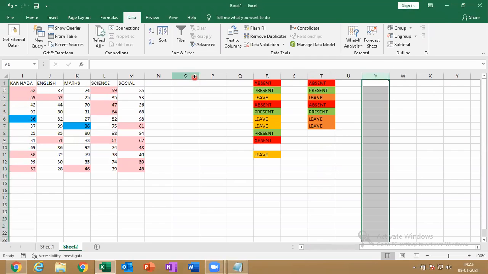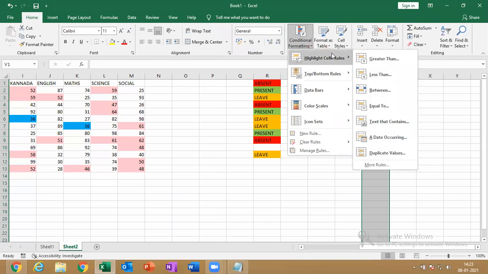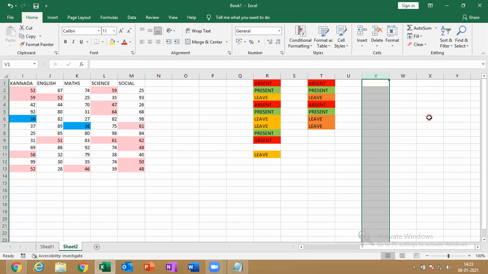Select the entire column. So let me see next. What is the next tool? Date occurring. I think you can do it from here, date occurring. So just select a cell. One second.